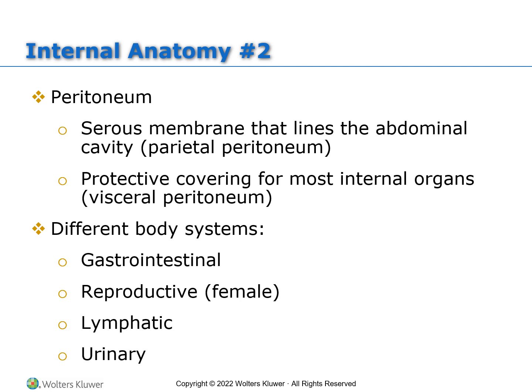Okay, so we have this peritoneal lining, and that's going to cover those internal organs and protect them. And then in that abdominal cavity, we have several abdominal structures for different body systems. So we have some from the GI, some from the reproductive, some from the lymphatic, and some from the urinary. These structures are going to be divided into the abdominal viscera, and they're divided into two types: solid viscera and